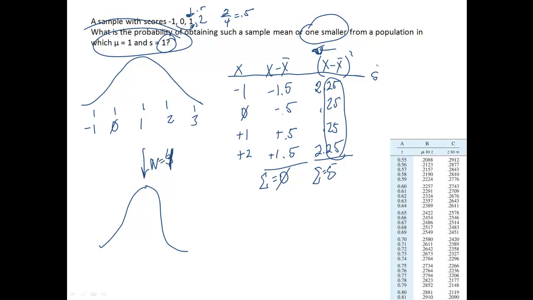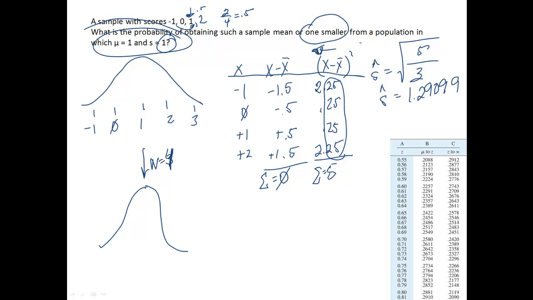So to find s hat, I need to take the square root of that sum of squared deviations divided by n minus 1. N being 4, 4 minus 1 is 3. So I get an s hat. In my calculator, I'm typing square root of 5 divided by 3, using parentheses around the 5/3 so that the square root encompasses both the top and the bottom of that. And I get a value of s hat equals